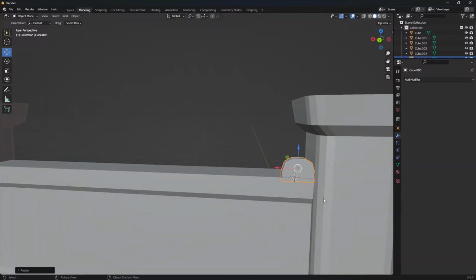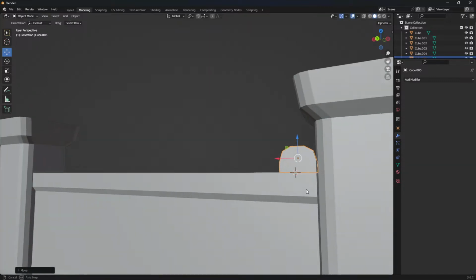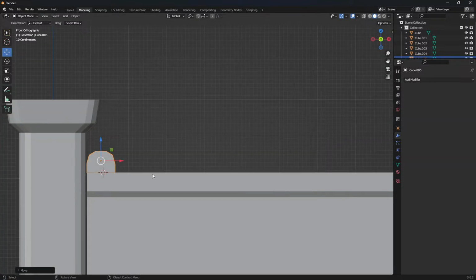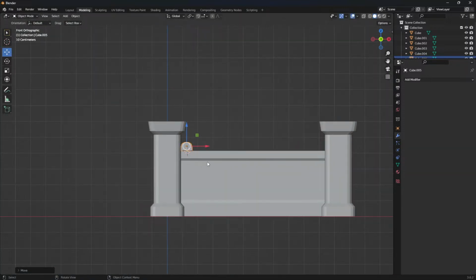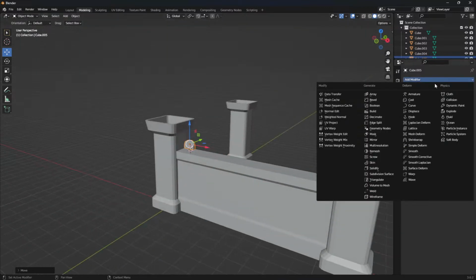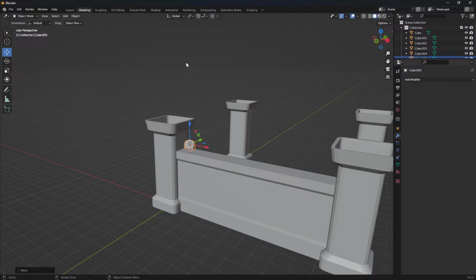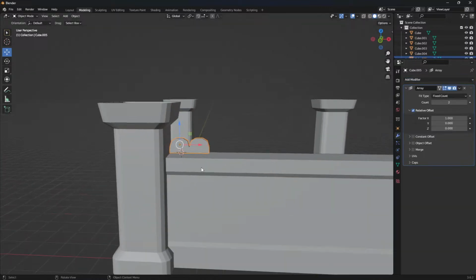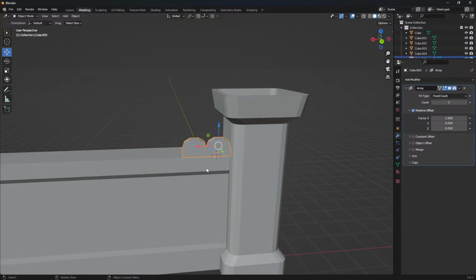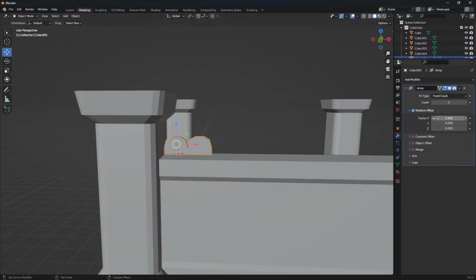Now scale along the z axis, grab the z axis down. Now we can simply add a modifier that is called array. Whenever you are adding a modifier, don't forget to be in object mode. Let's select the array modifier. When you add the array modifier, it will add the object copies, as many counts as you want,